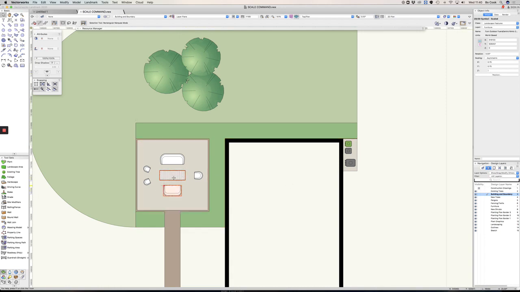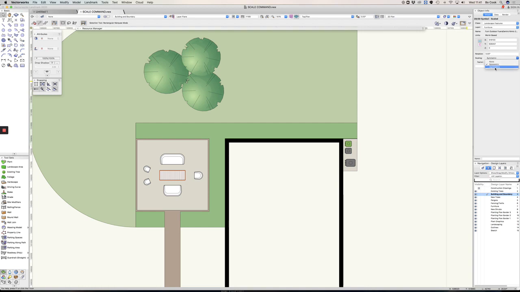So you can go into the symbol and make the edits and redraw that object so it is the right size, but sometimes you just want to make the edits so it is a factor. You just want to make it a little bit smaller or a little bit bigger. So we have these options here for symmetric scaling and asymmetric scaling. Symmetric scaling will make it proportionately bigger and smaller, and asymmetric will allow you to make it maybe wider